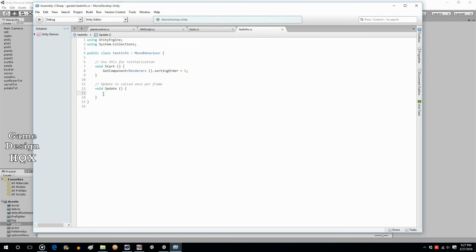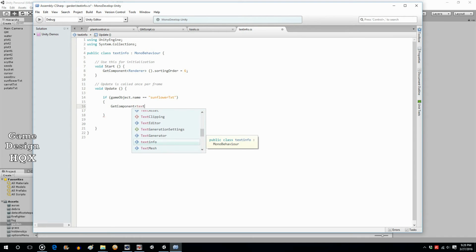So now in the update section, we need to say what each of these are going to display. So if game object, that refers to whatever the script is attached to. In this case, it's the 3 text objects. If game object dot name equals sunflower txt, and make sure you do the double equal sign. I always forget that. So if game object dot name equals sunflower txt, then get component text mesh dot text equals